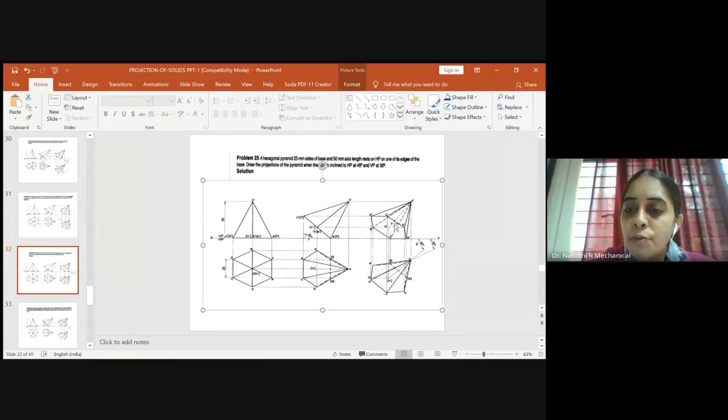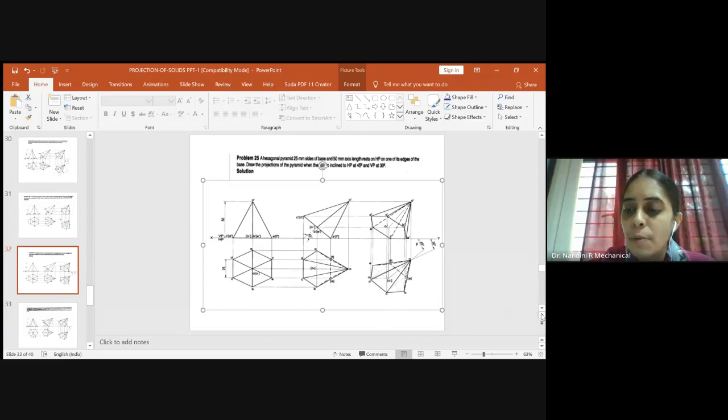After that, sometimes you forget to show the axis line. Please don't do it. You have marks for that also. So see that the projection of O1 and O, which is shown here as O1 dash and O dash, are joined using center line pattern, axis line pattern. Okay, so kindly show the center line here from O1 dash to O dash. So this will help to get the final stage of the front view when the given hexagonal pyramid is resting on one of its edge where the axis is inclined to VP. So this is how you need to solve the problem when it is a beta angle.